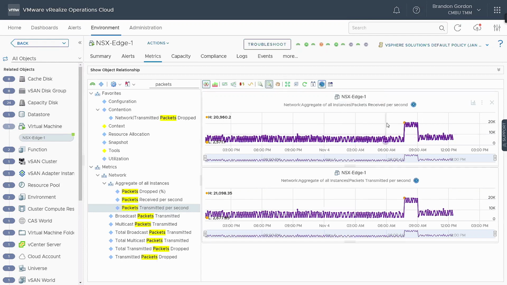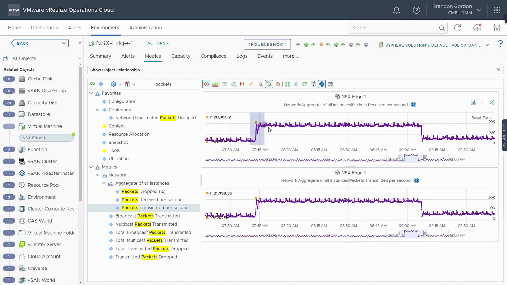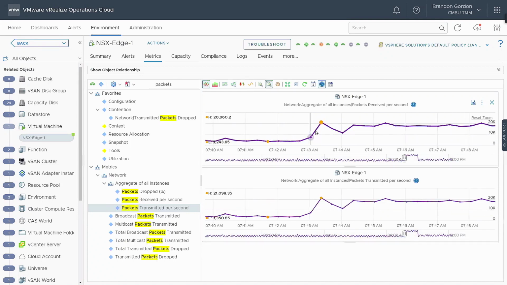And I want to zoom in here on this peak. So let me go in really close here. So we can see now what's going on in this environment. We have 20,000, almost 21,000 packets per second. Here's my peak. And then I can look, and you see every one of these is 20 seconds apart. So this is something customers have been asking for, and this is something that's really important, especially for a